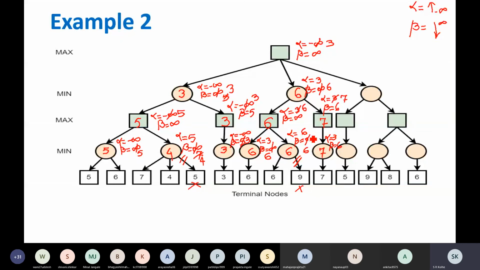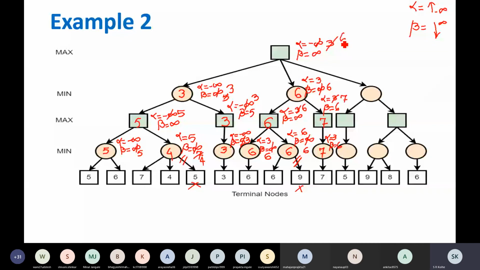Now this is connected, so go back, backtrack. The maximizer node updates the value of alpha. This node is getting 6 from this and it was getting 3 from this. So 6 is better than 3 from the maximizer's point of view. So it will update the value of alpha.